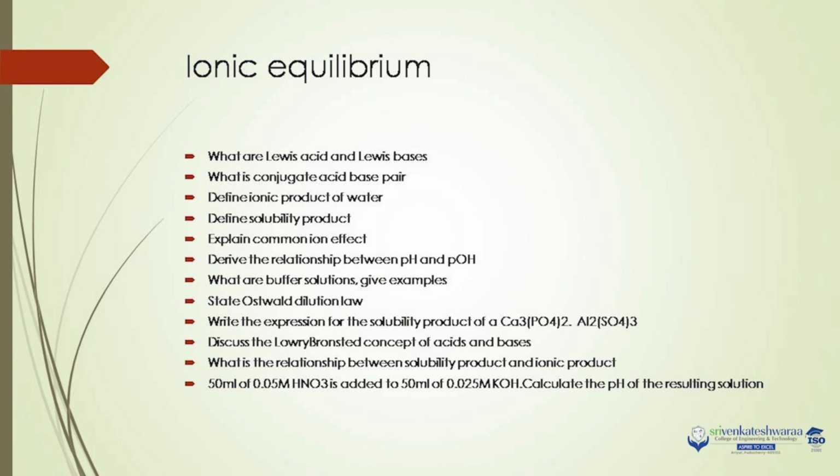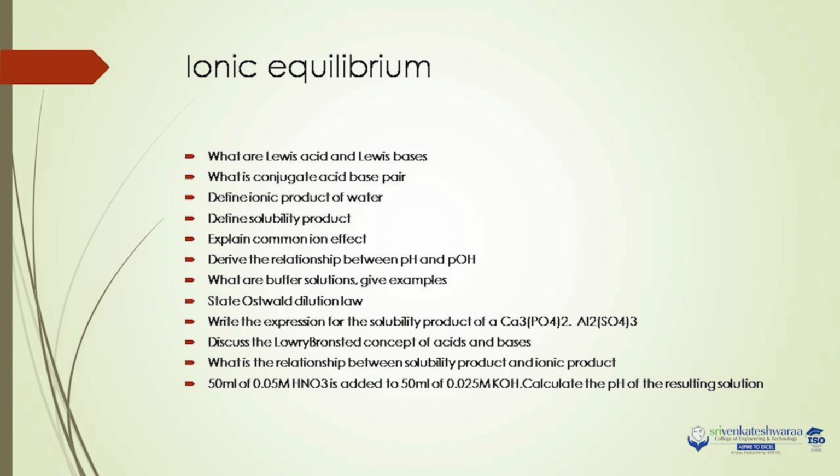Ostwald dilution law: with dilution the degree of dissociation increases. You derive a formula, alpha, the degree of dissociation, is equal to root of Ka by C, that is the expression for Ostwald dilution law. Now for the solubility product of calcium phosphate, listen here, regarding calcium phosphate,